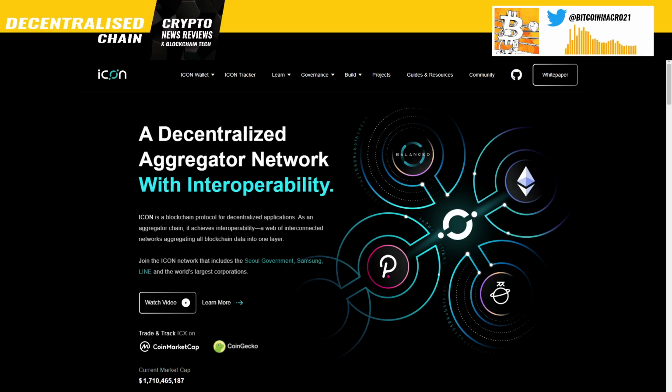ICON is one of those decentralized aggregator networks with interoperability. It's one of those networks that adds interoperability between networks so people can do smart contracts across different blockchains, so that there can be transactions across different blockchains. And these are pretty cool because they have that unique feature that is missing from the base layer of some